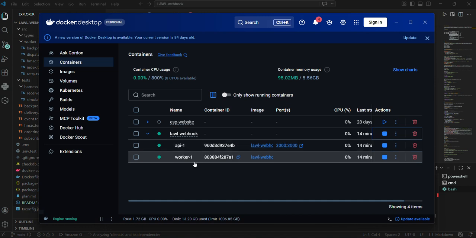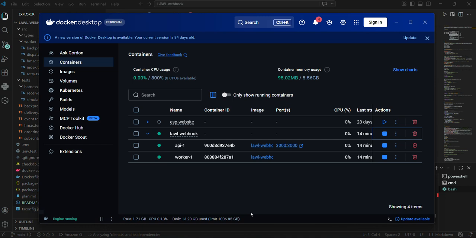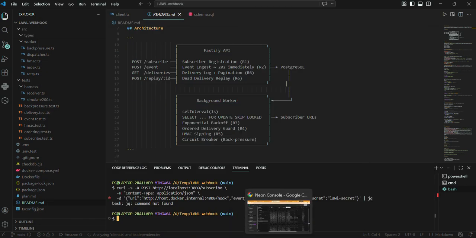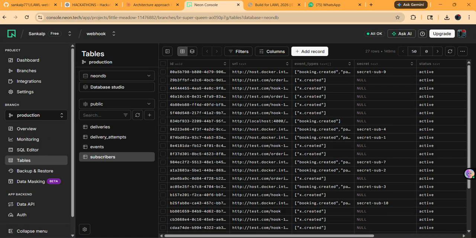The queue lives in PostgreSQL using for updates get logged. So I didn't use Redis or RabbitMQ. I used only a single database for everything, and that database is a cloud-based database which is Neon Tech. So yeah,